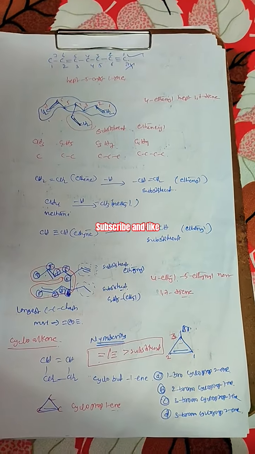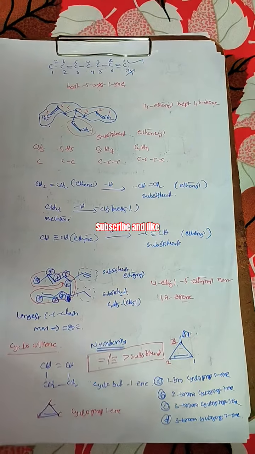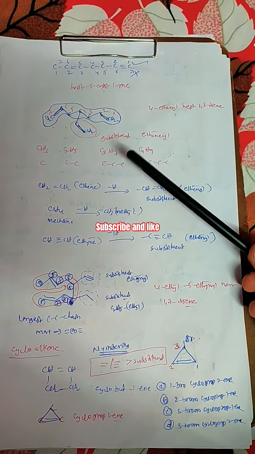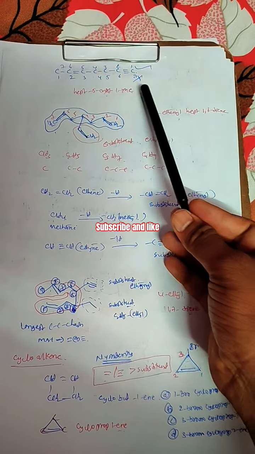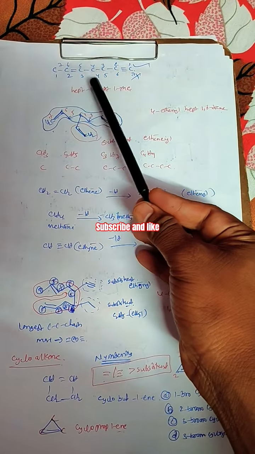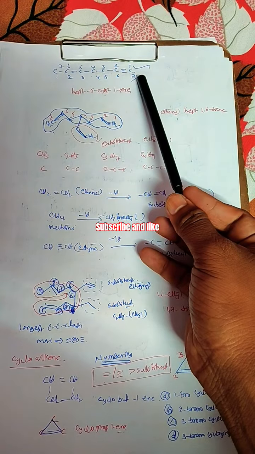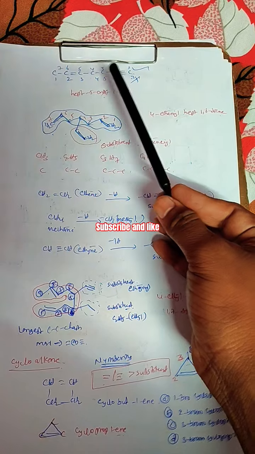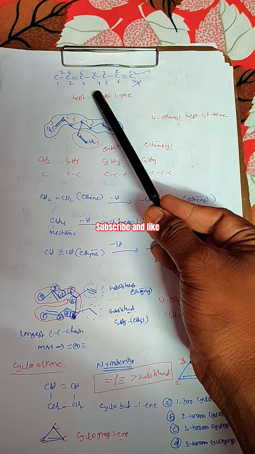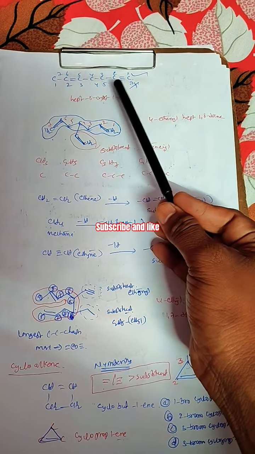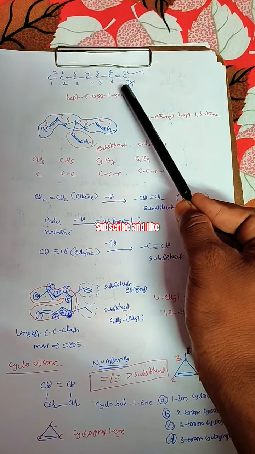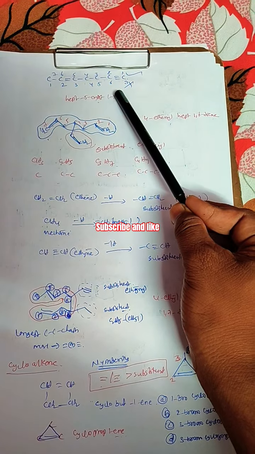Good afternoon, students. Now I want to explain how to give the numbering in alkenes and alkynes. Take this alkene with 1, 2, 3, 4, 5, 6, 7 carbons. If the alkene and alkyne both get the same priority, whichever it may be, the numbering should get the least number. From that side only we can write one.